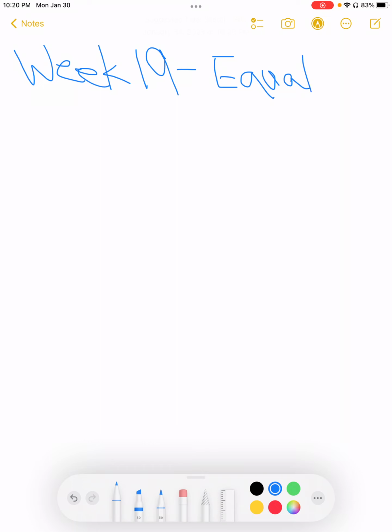But week 19, we're going to start out with our supplement. Okay, so week 19, and there we're just looking at reviewing equations. So what equations are. So this is just an equation review supplement. And then what you see there is that they're asking you right at the beginning to label each equation as